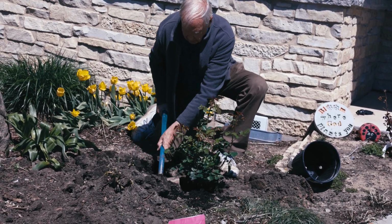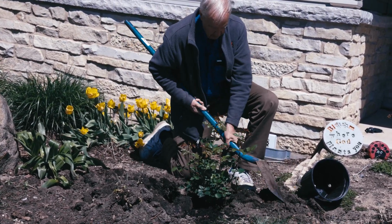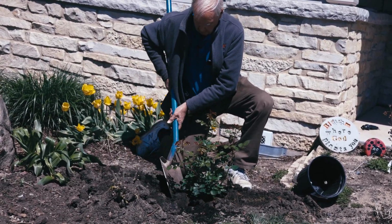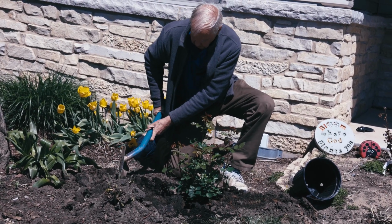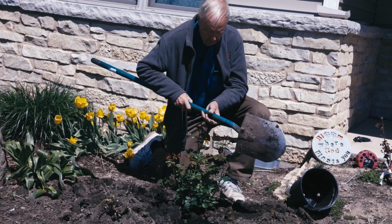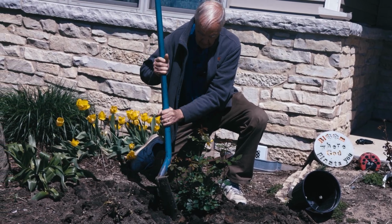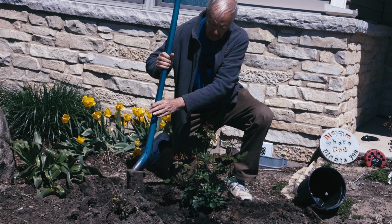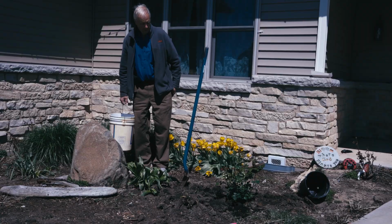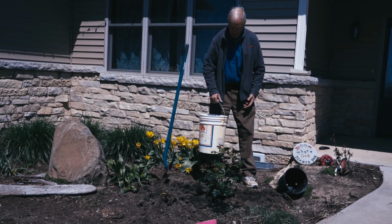And you don't have to do a lot with the root system because it was only potted about a month ago, and so you don't have any problems with the plant being root bound. If the rose was grown in that pot, then you would have to make sure that if there are any roots going around the plant, you would cut them or somehow get them out of that root bound situation. Okay, so the soil is put around that root ball,